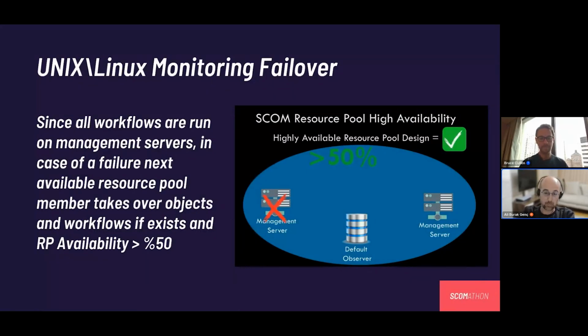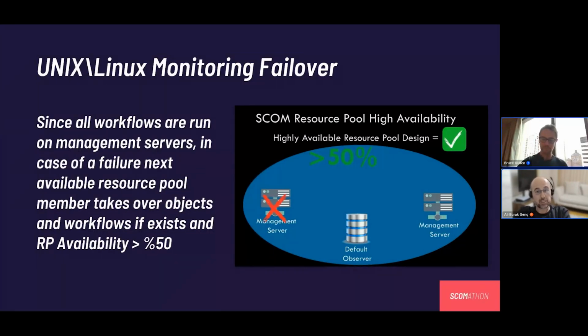This possibility should be considered during the design phase, and an eye should be kept on this if the environment is growing, because you might start simple and small, but as you grow, you will most likely need to increase your resources or even the number of pool members if you don't want to have failures during your operations. Please note that resource pool high availability changes if gateways are used instead of management servers, because of the absence of this default observer, which is the operations manager database.